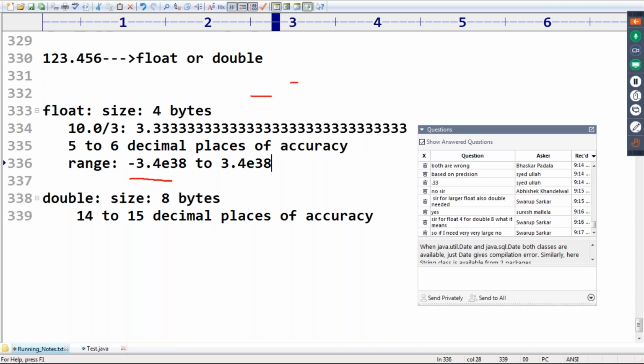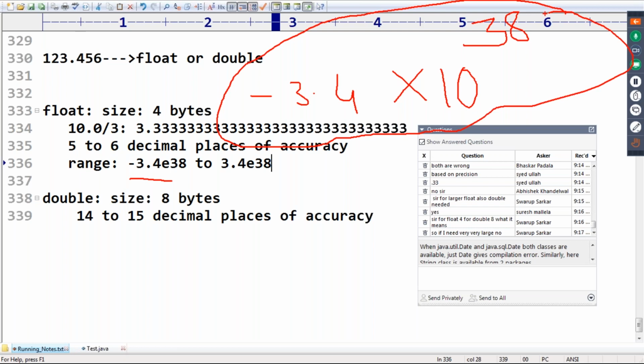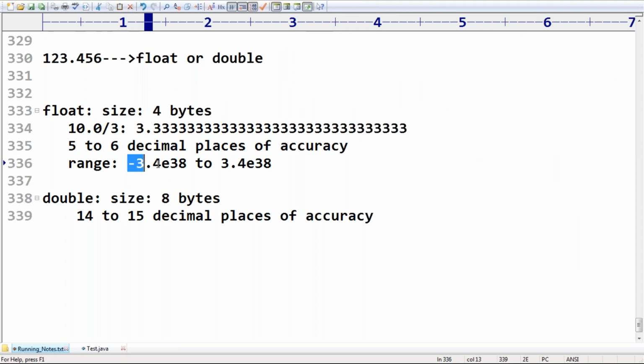Minus 3.4 E38 means minus 3.4 into 10 power 38 to 3.4 into 10 power 38. This is the range. With this range of values, we can happily go for float. But don't worry, you are not required to worry about these ranges.